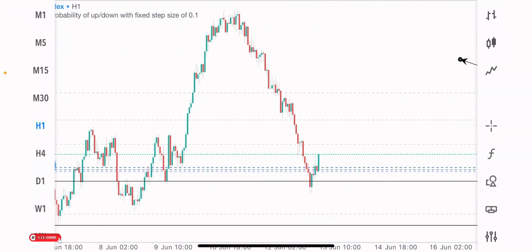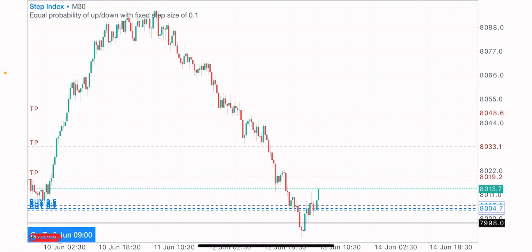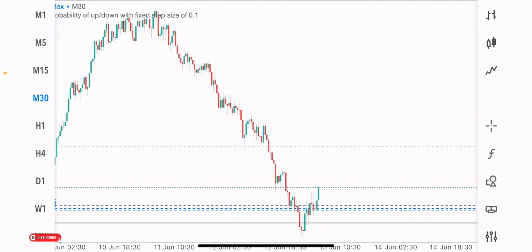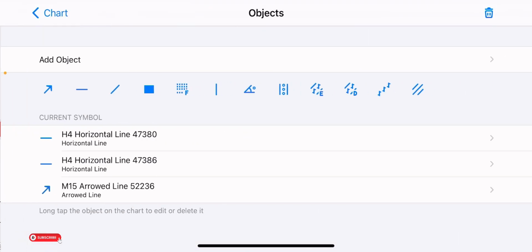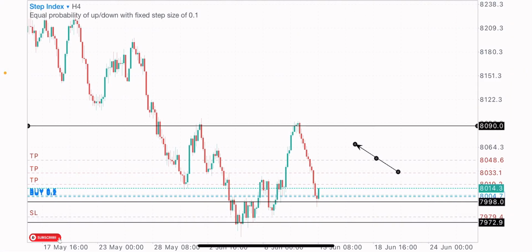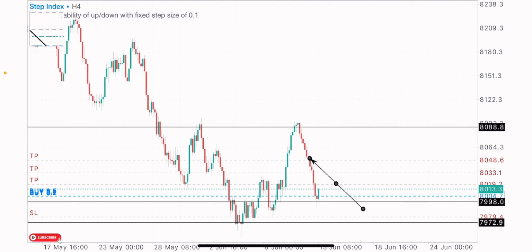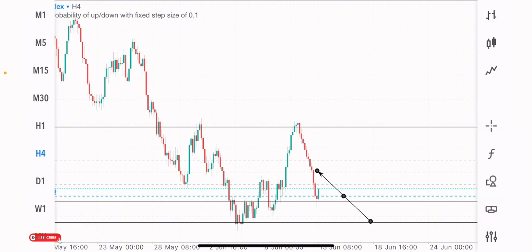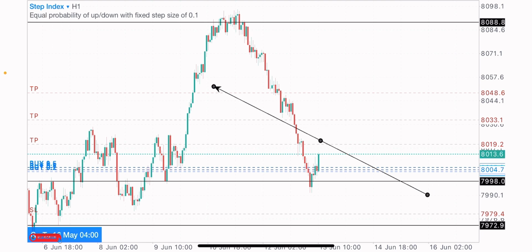I'm expecting more buys in the coming hours and days on step index. I mean, see, he caught these sells from this top, from these highs. He caught the sells from this level. So him sharing with me his entries and exit points on the sells he caught, I expected step index to buy once it gets to this level. So it's at this point I looked for buy opportunities, and I'm expecting more buys.